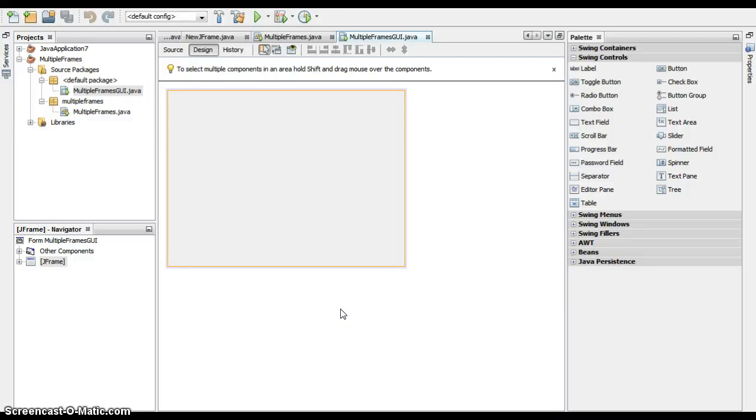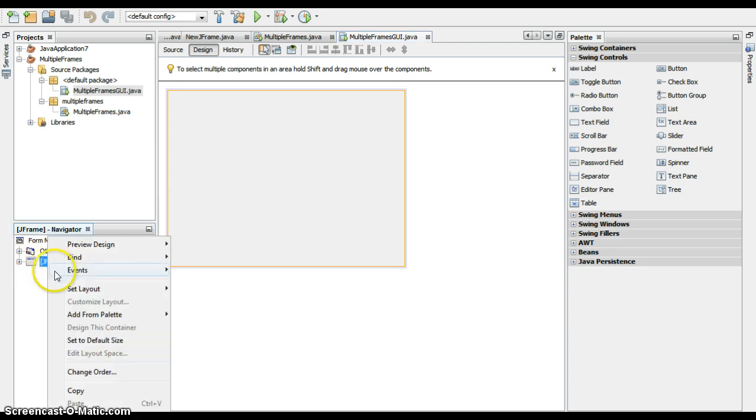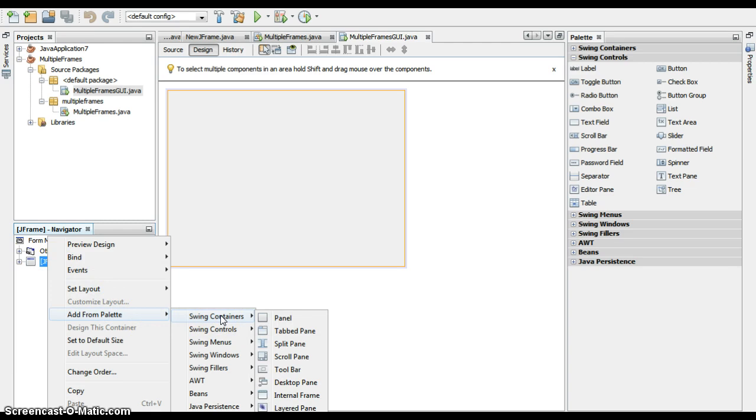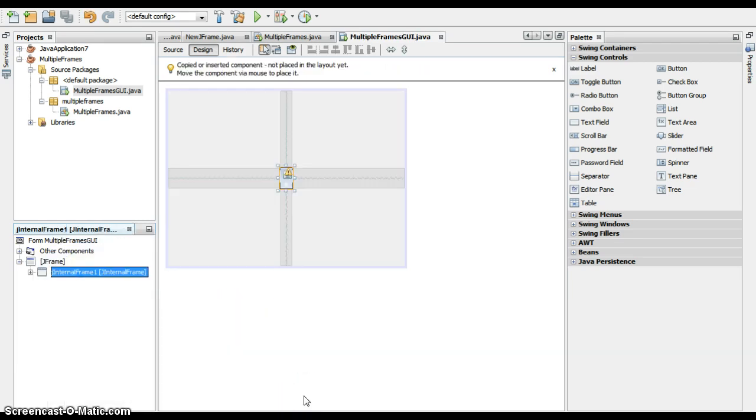Alright, if you'd like to create multiple frames or multiple pages in a project, the first thing you need to do is add these extra frames, and they're called internal frames. So if you go over to the navigator, you can right click on the J frame, which is the original design, and when you right click on that, you have the option to add from the palette. You can select in the first menu of swing containers, go down to the internal frame, and that represents a